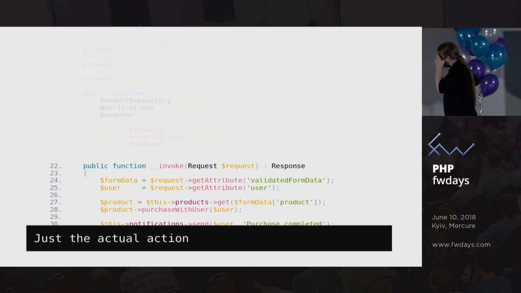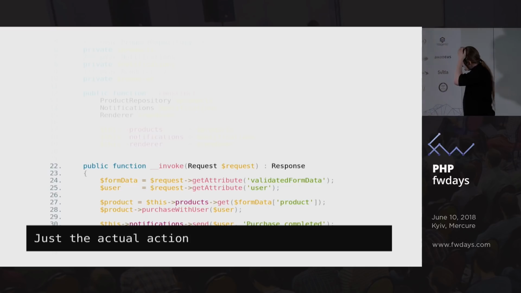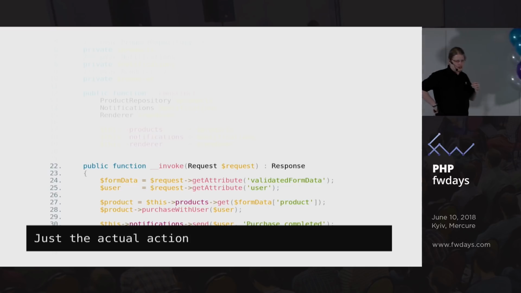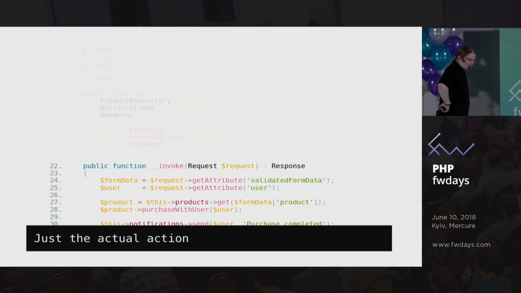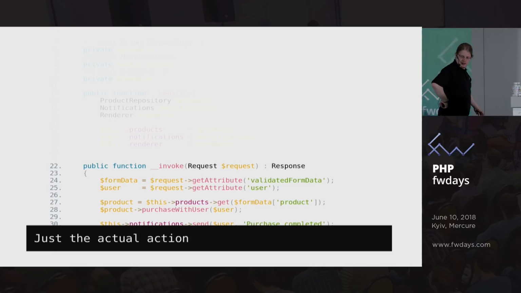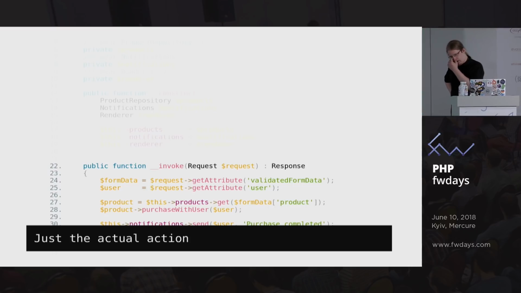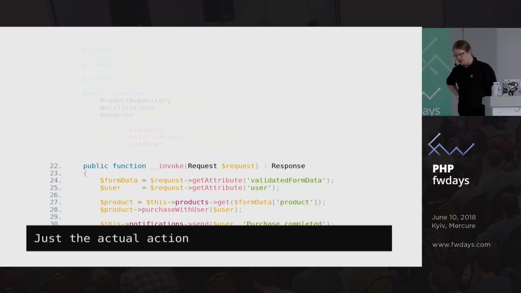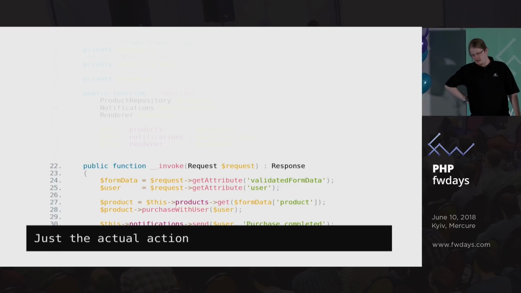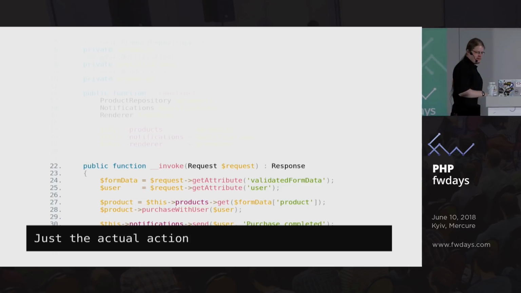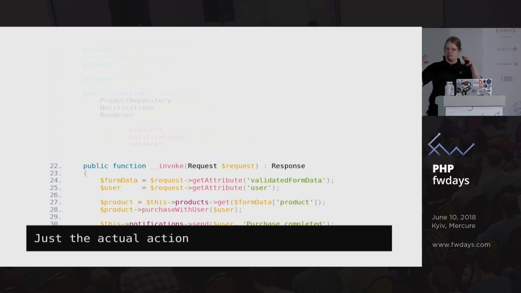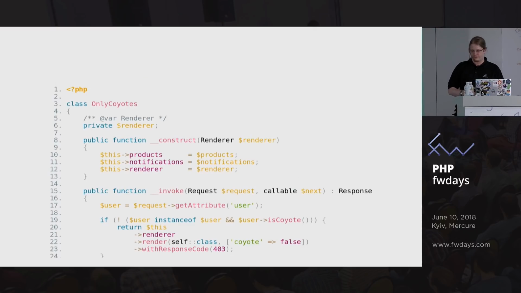So what is interesting here is that we now don't care about the form. We just get some validated data. We get some user, right? It comes from somewhere. We don't care that much. And then we do some, yes, there's still some magic, this purchase with user. We get them from this products thing, and then we send some notification, whatever. But we are doing just what is important to our application. And